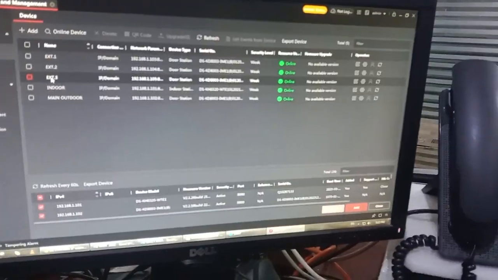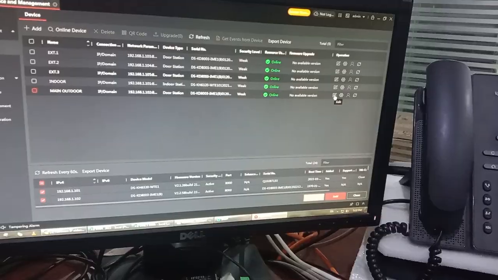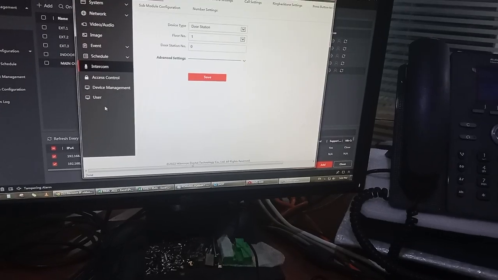Okay, so now to program, you must link all the devices. First, you go to the main outdoor. After that, you go to intercom.